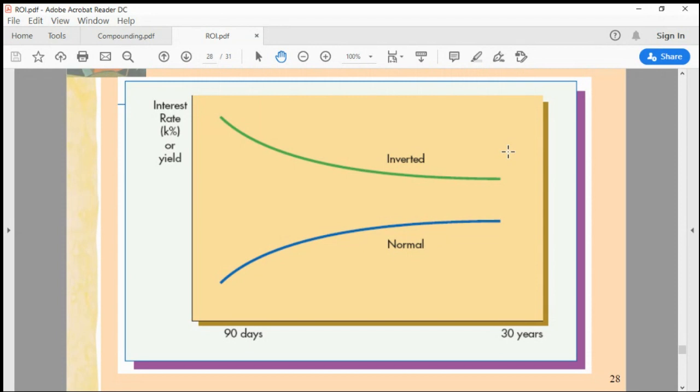It's simply the inverse relationship between the price and return, and we add a time dimension to that, the maturity, right? And if you can explain it like this, why the inverted yield curve is the sign of the